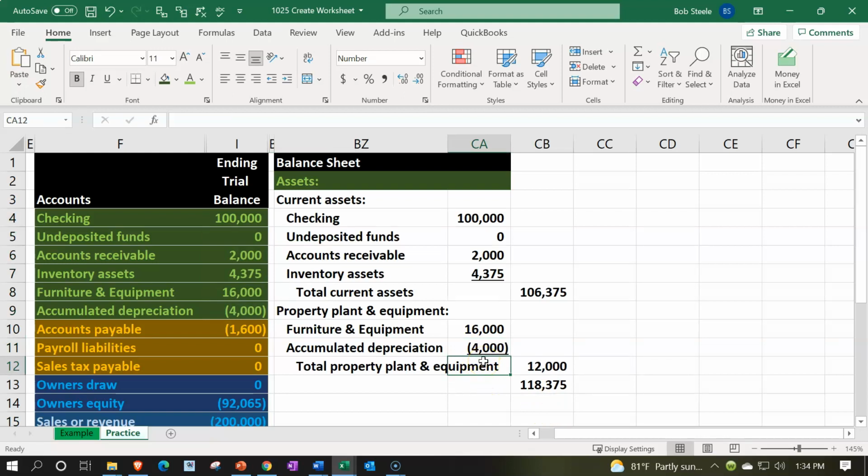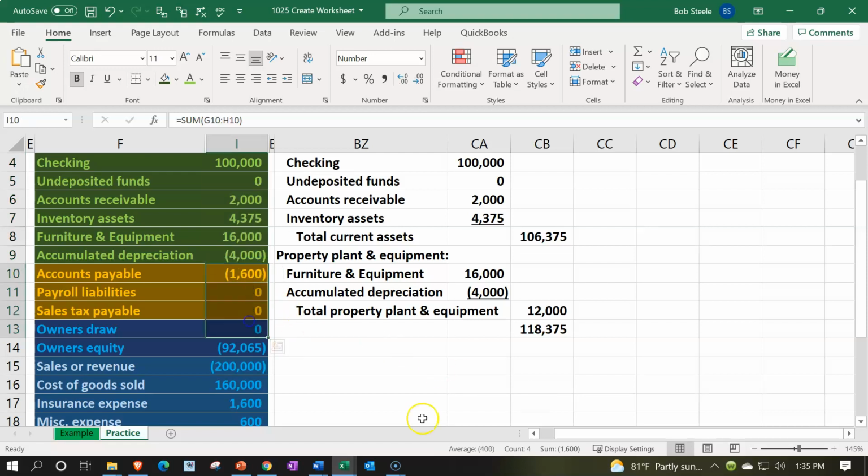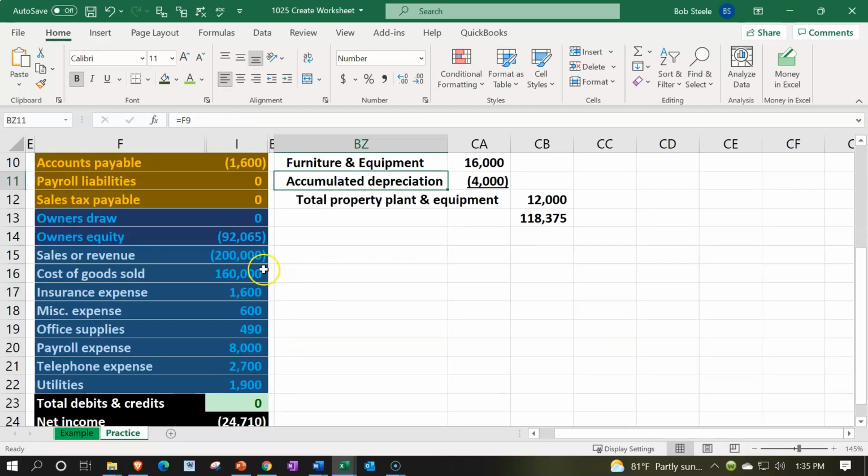Also note that if you're lucky enough to have set up your trial balance in such a way that it looks like this in something like Excel, then it's a lot easier to double check your numbers, because naturally the debits and credits are going to calculate for you with a simple formula. So I could say this minus that, but I don't even have to think about the fact that I have to subtract it as I would if I had them in two different columns. I can just select those, go down here and say that comes out to 118,375. There's the 118,375. This one's going to add up to the 1600, 1600, and then the equities, the tricky one,